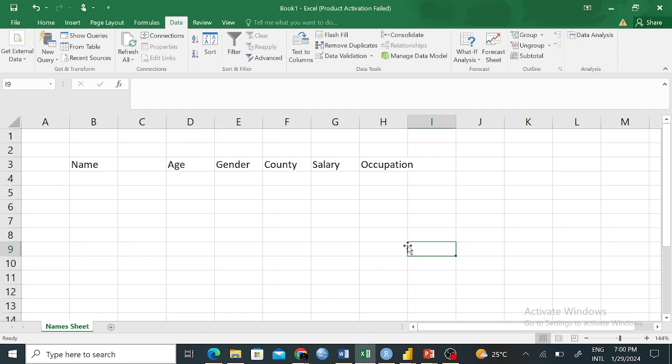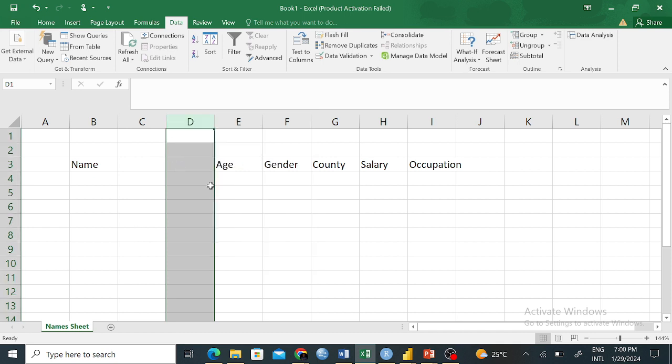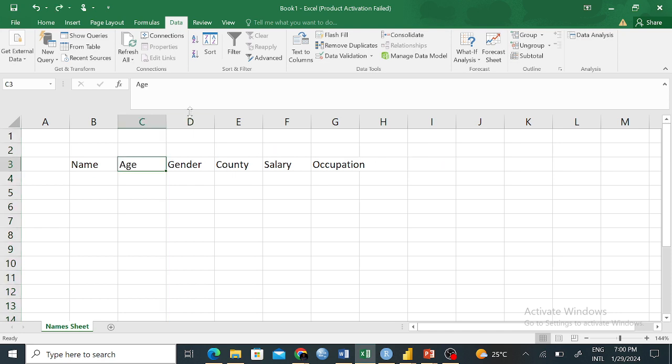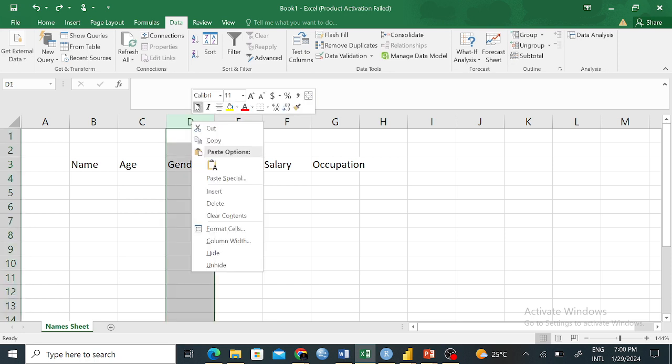Alvin also mentioned something about inserting. Insert a column between age and gender. Joel Mooley is saying I click gender. So if I click a column like this, let me right click and then insert, you see age is pushed, right? If I want it between age and gender, then I click on the gender one, because I want it to be between age and gender. So you right click on this and then insert,